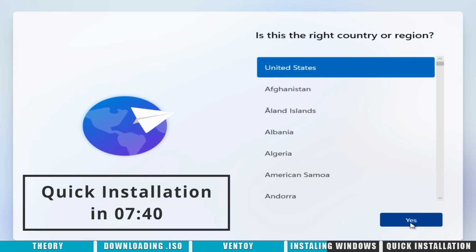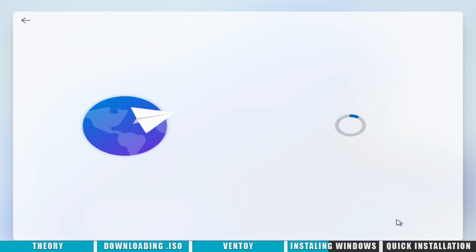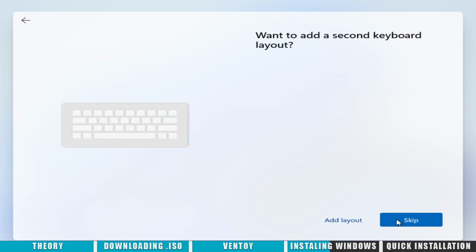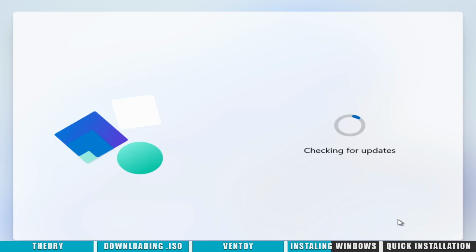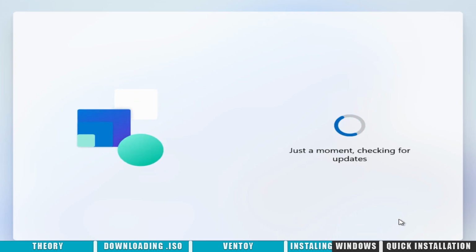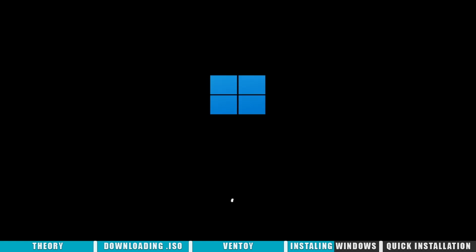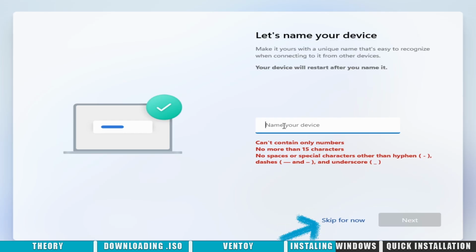Here we select the country or region again, and click Yes. Select the main keyboard layout, and if needed, you can add an additional one. You can optionally enter a name for the device, or you can simply skip this step.